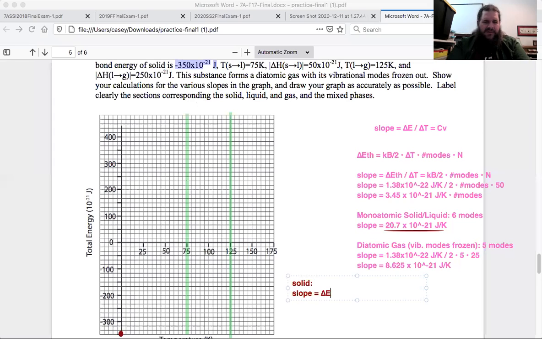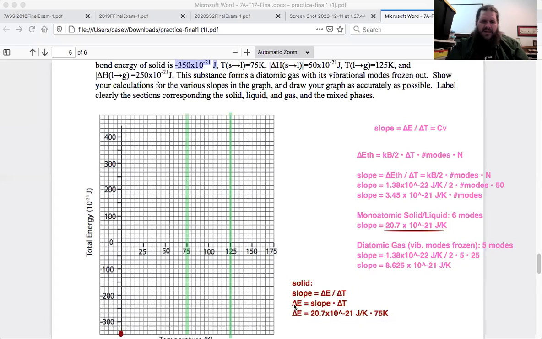slope equals delta E over delta T. We know the slope, we know delta T, so we can find delta E. Slope times delta T. Note that this is really just change in thermal energy equals heat capacity times delta temperature, like it always was. We're just writing it in terms of a graph here. Slope 20.7 times 10 to the negative 21 joules per Kelvin. And change in temperature from 0 to 75. So we multiply those together. 20.7 times 75. And I'm getting,